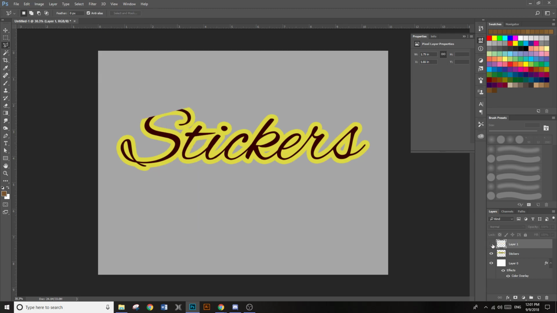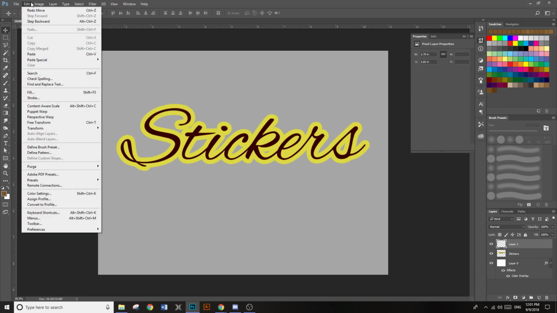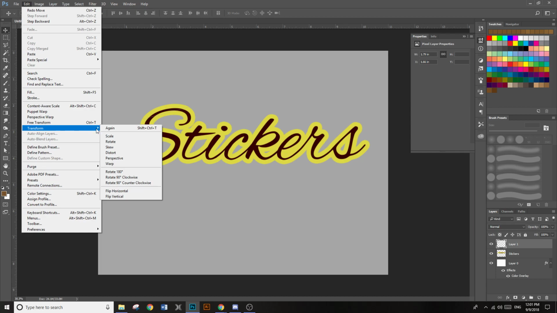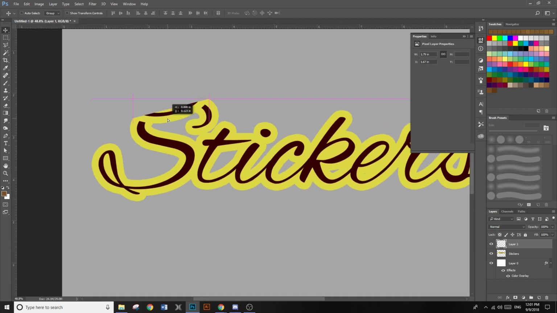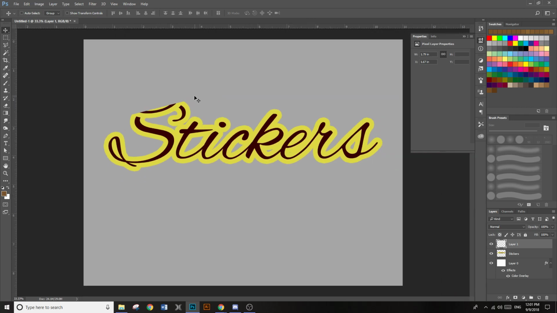So now you can see these are two separate layers. You're going to use layer 1, that chunk that you cut off, but leave it where it was, and go Edit, Transform, Rotate 180. I'm going to hold Alt and wheel in a bit to match that up. Now you can kind of tell that it's looking like it's folding over,